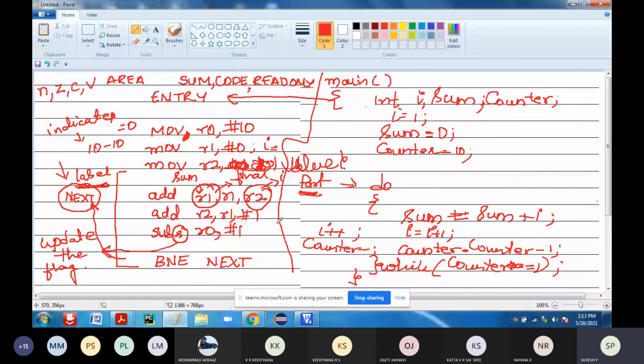Okay. In assembly code, I have the limitation of registers. There are only 13 registers, and those 13 registers are nothing but variables. Your 13 registers are treated as the variables. Within those 13 registers, you have to work. But in your C program, you can use any number of variables. It is not the case in your assembly code.